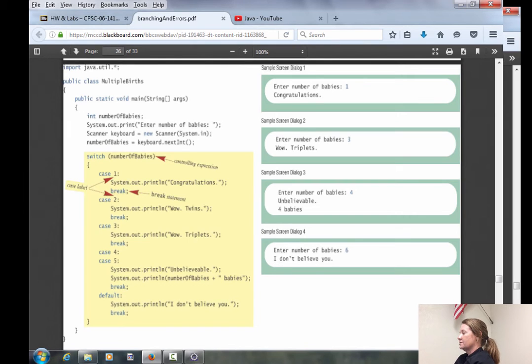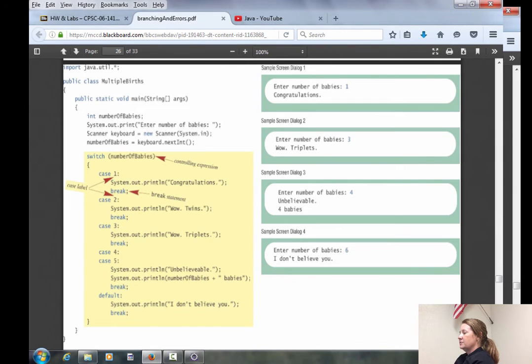Now here's where it works a little bit differently. It works differently when we don't have a break statement after a case. If the user types in 4, it'll go and it'll find case 4. But note that there is no break statement here. So what it'll do is it'll start executing case 4.